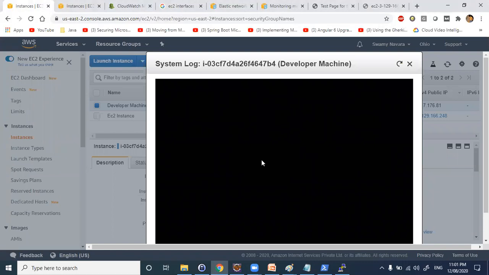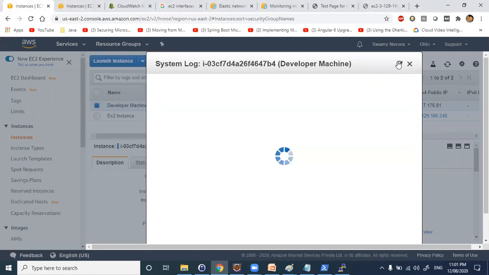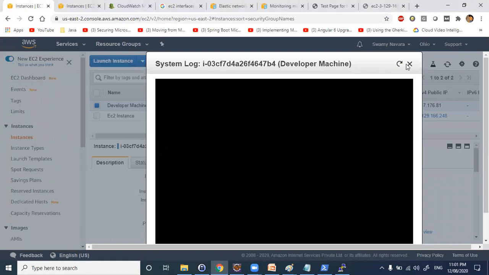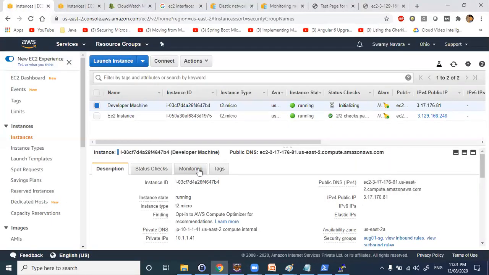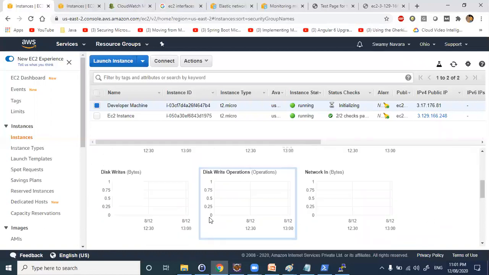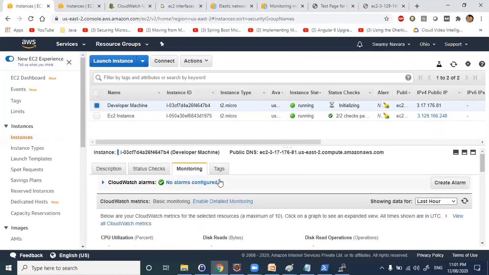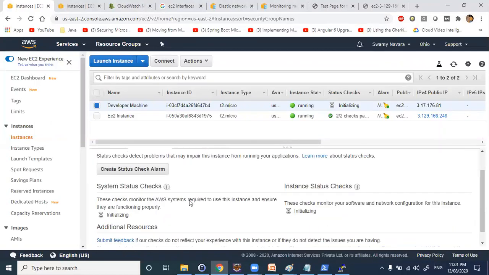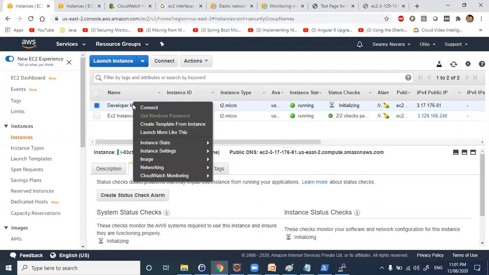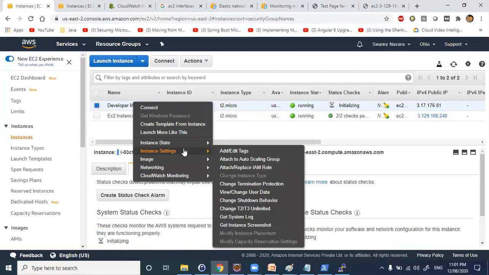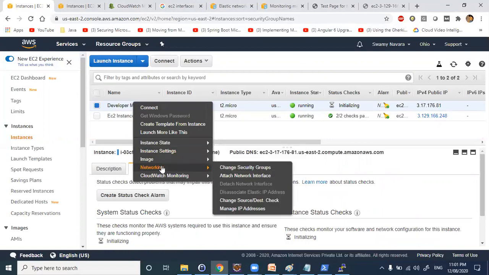So you can get the system log. So in the system log, you can verify what exactly happened. Okay, this live log. Get instance screenshot.